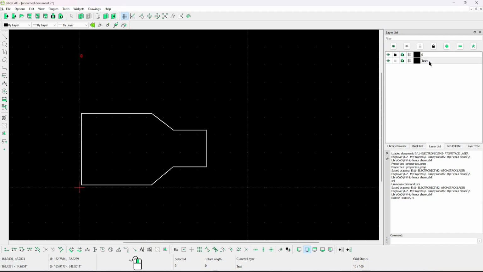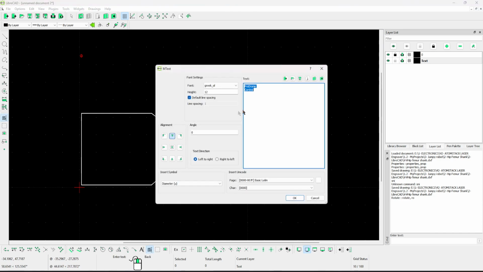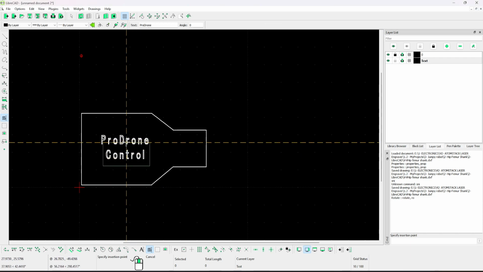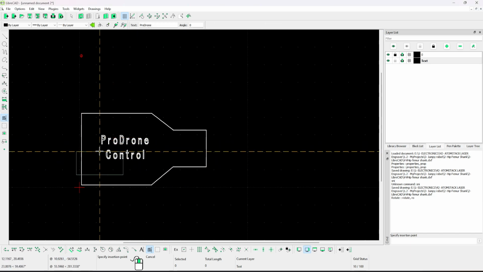Okay, I'll go to the next text layer, and I'll be selecting the Greek font and the 5 height. This is up to you, whatever you like. And I'll write Pro Drone Control, which is my YouTube channel